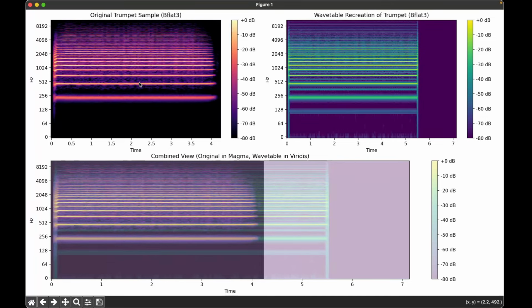So on the left, we have the original trumpet sample, and on the right, we have mine. And as you can see, this graph shows like the wah wah sound of the trumpet. So as the sound comes in, you can see there's kind of like a curve to it. So the lower frequencies are first, and then the upper ones come in. So it's like wah, which is what gives it the distinctive sound, right? And we see the same thing going on at the end,